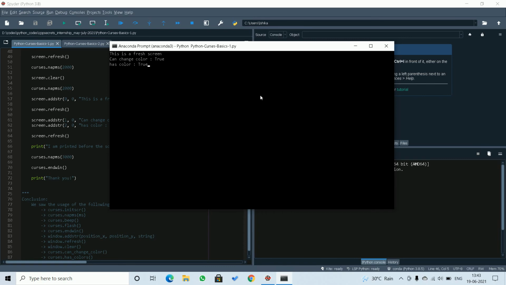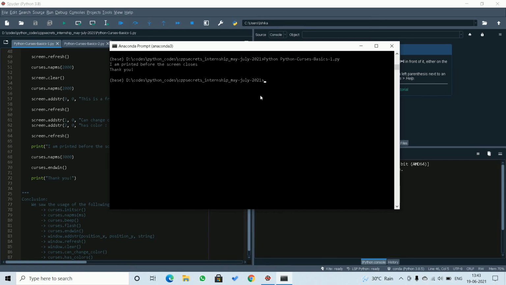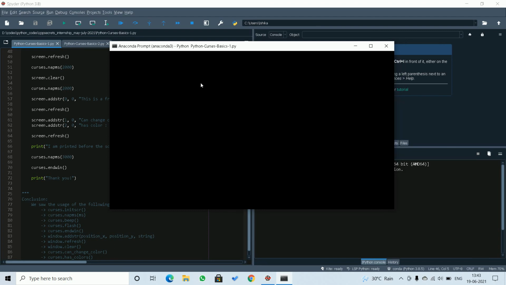So this is a fresh screen, and as you can see the printed lines are over here. I'll just show it once more to make sure you have got it. The beep sound, the flash, the writing, the